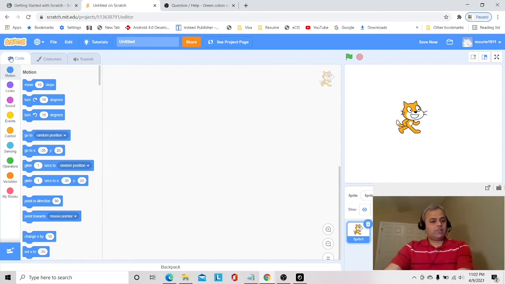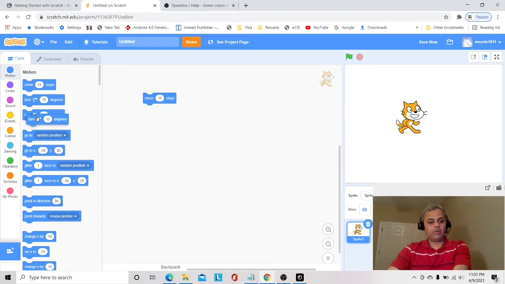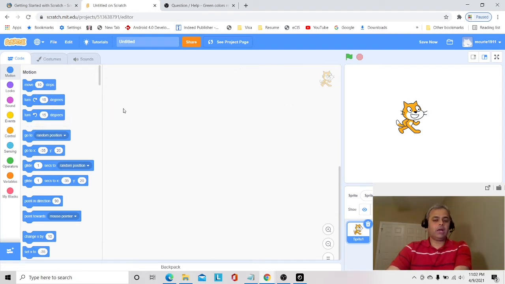On the left hand side, you see a lot of things going on here. There are three tabs here, one called the code, the costumes, and the sounds. Under the code, you have quite a lot of blocks. By the way, Scratch is a block programming language where everything that you write as a program is using blocks such as these, and they stack one on top of each other, and different blocks have different functions, and we'll go through them